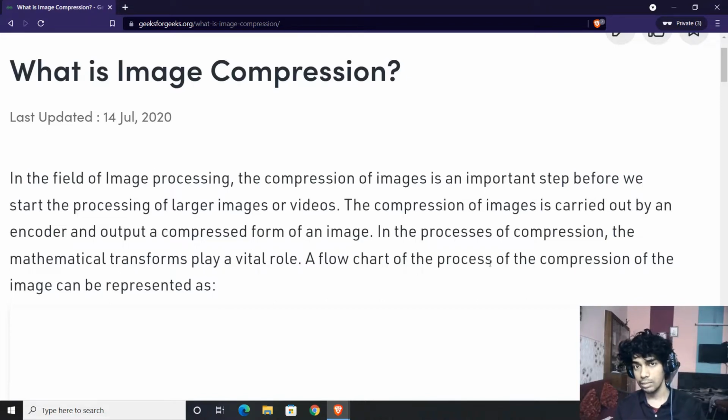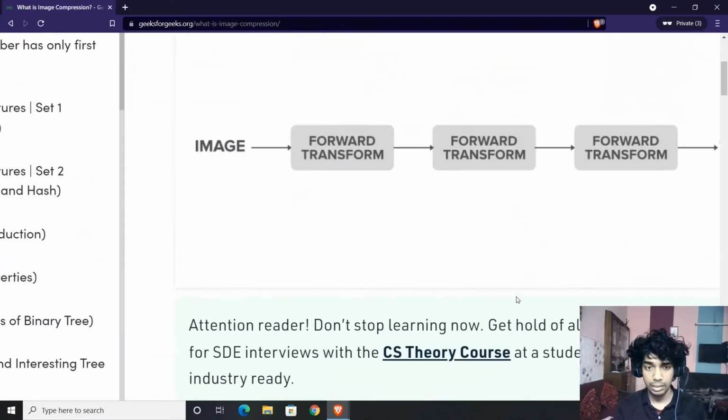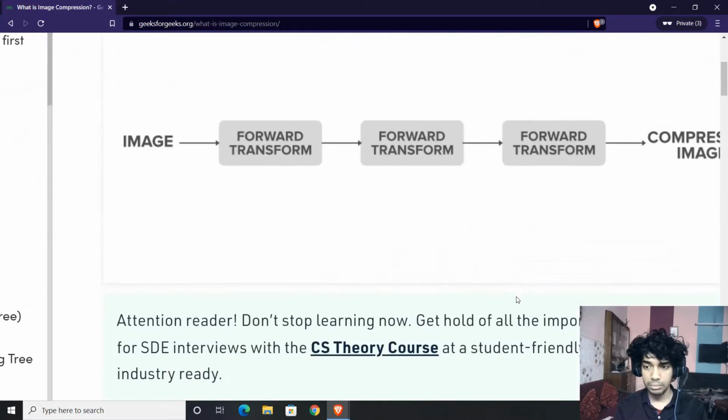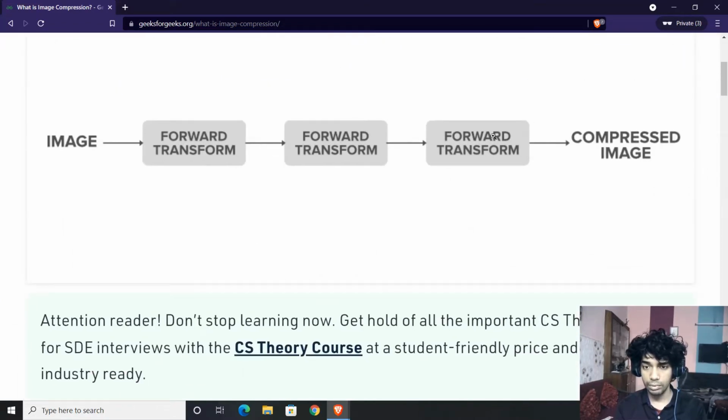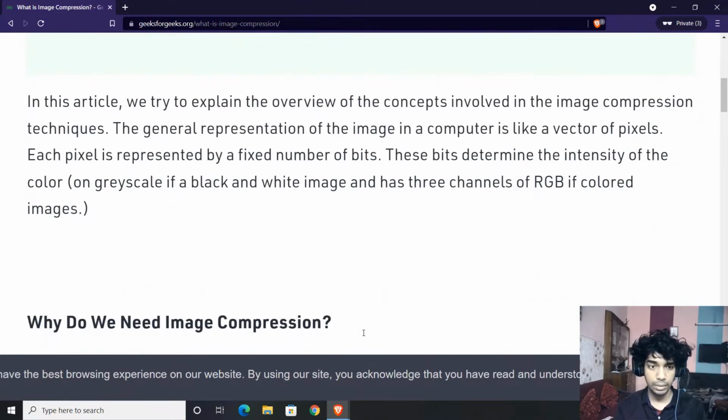However, the image generated would be having lesser information compared to the original information. However, if you go for a lossless path, the size would not be significantly reduced. However, the image generated would still be a good and appropriate representation of whatever the image is. So this is a forward transform.